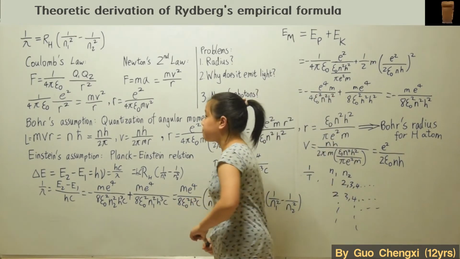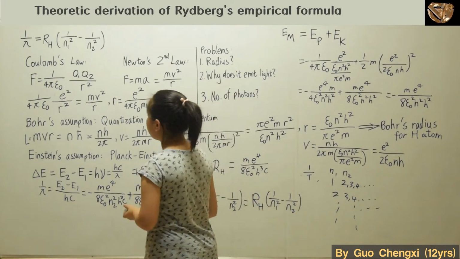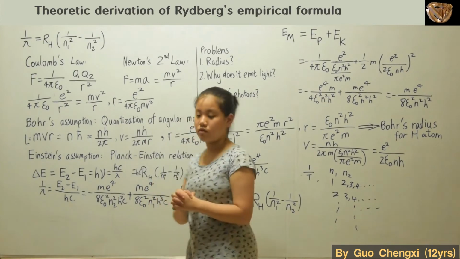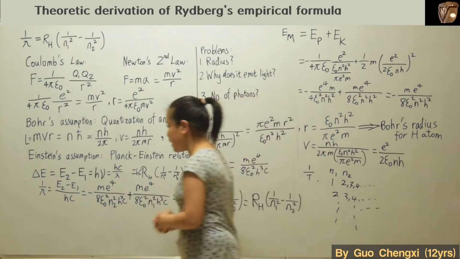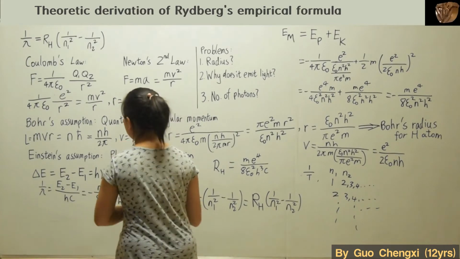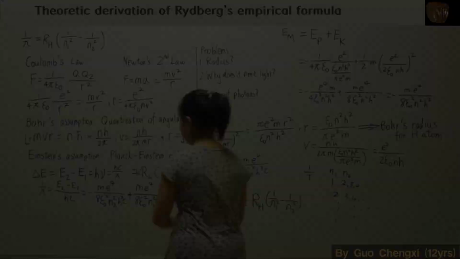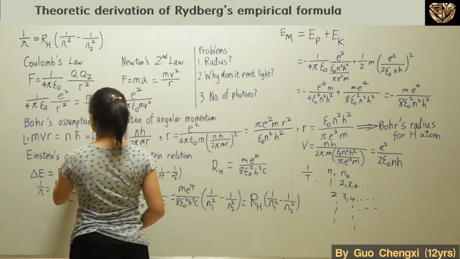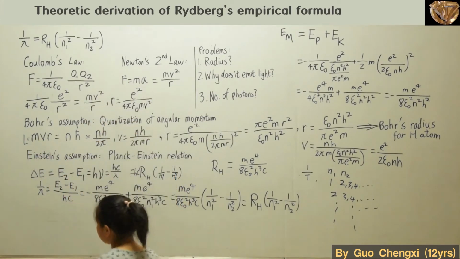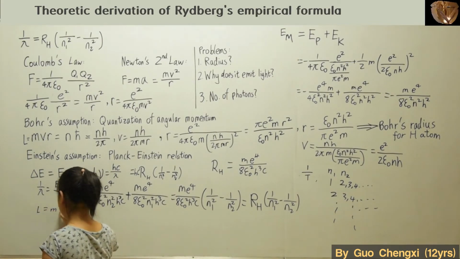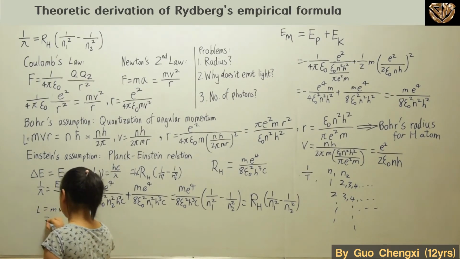Okay, for the Rydberg empirical formula, in case you want to know more, like for this part, Bohr's assumption, right? So other than L being equal to these three, we can also have other options. So L being mvr, we can